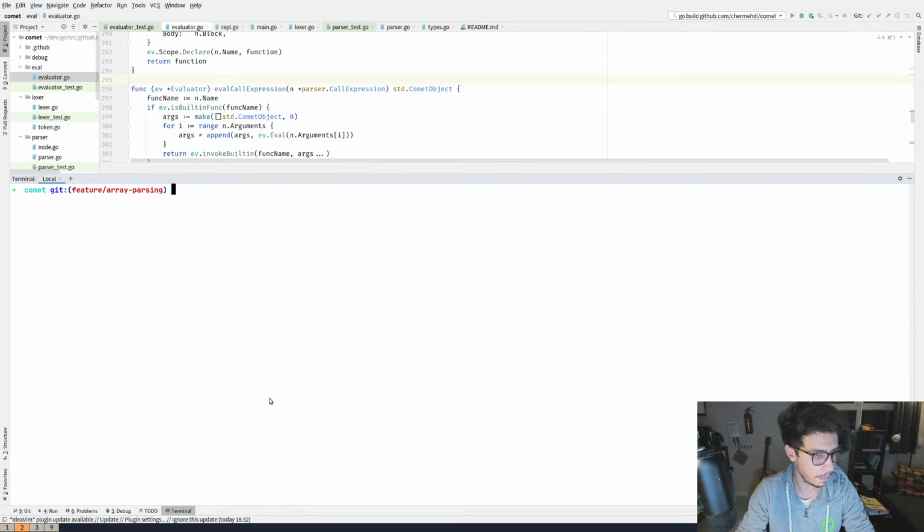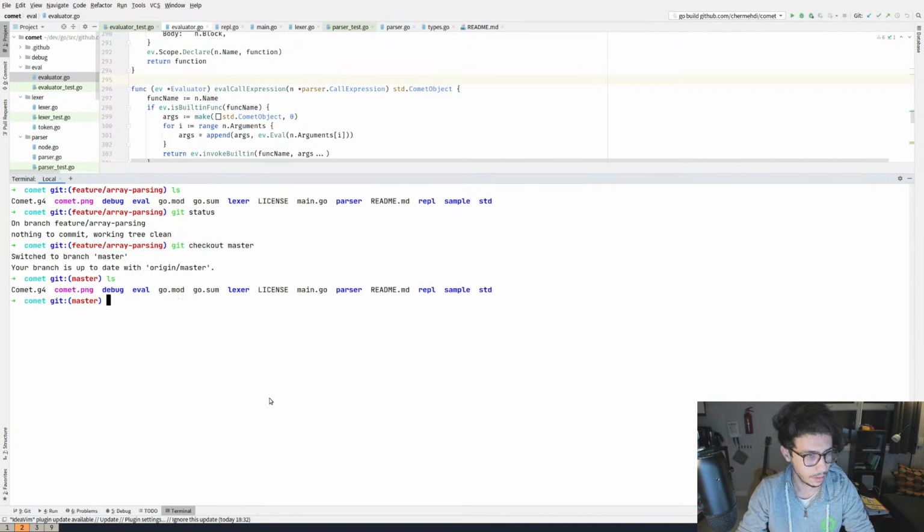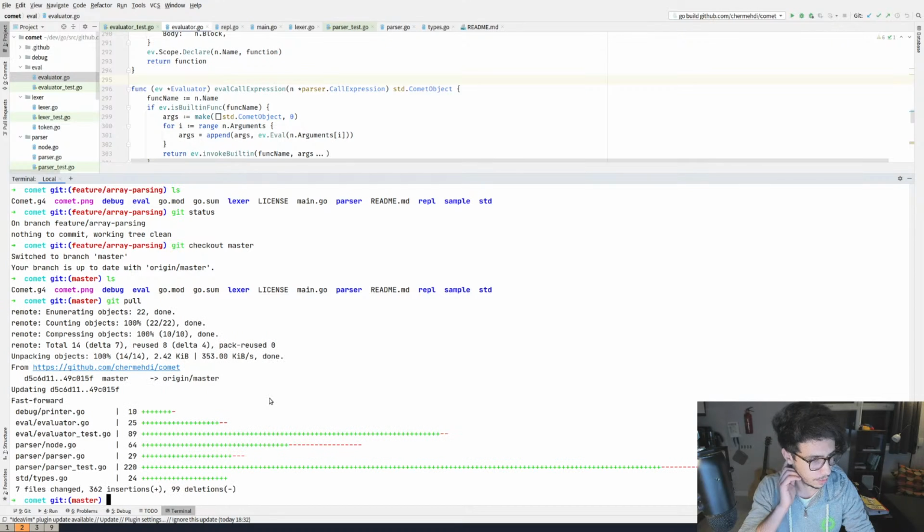Now I don't remember what the current status of the repository is.